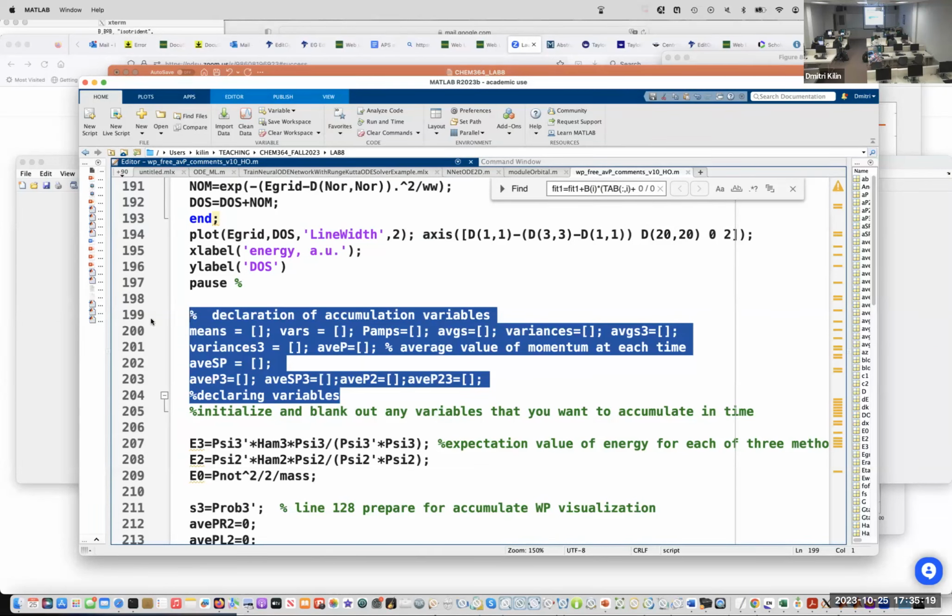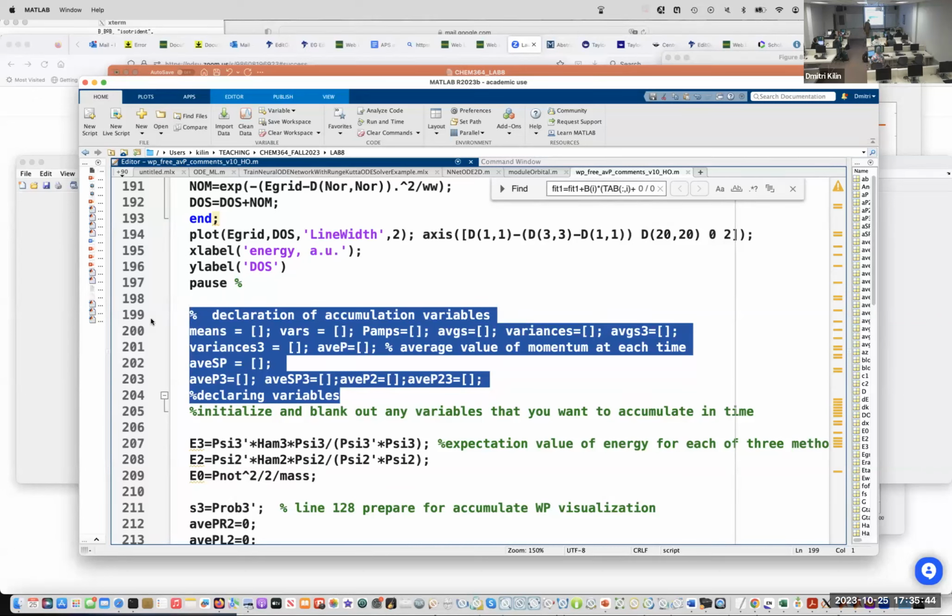So here is, I wouldn't say a challenge or problem, but at each point of time, we are computing an instantaneous value of an observable, and we'll go through how it is computed.